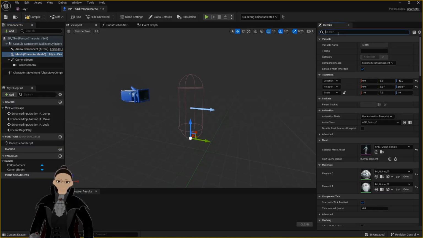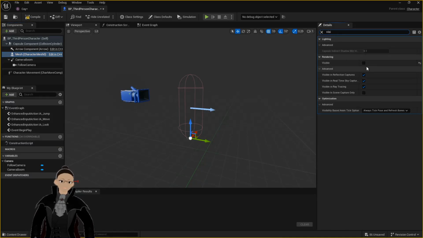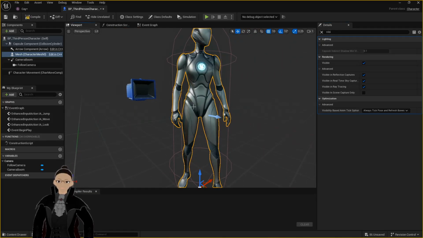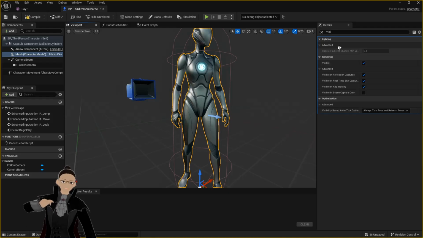So inside of here, we go to visible. And this model is invisible now. It's a visible model. This is Quinn, the Quinn model. So what we're going to do is put the K model on top of the Quinn model. How we do that is